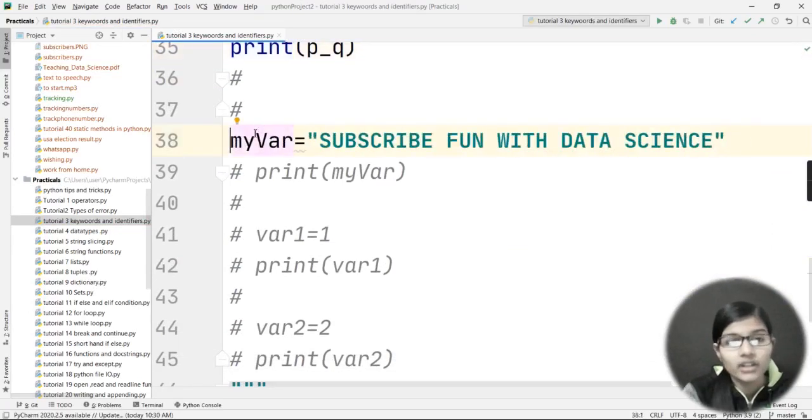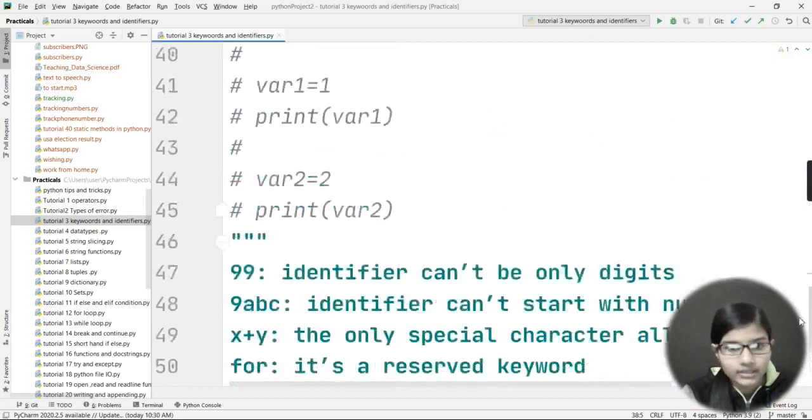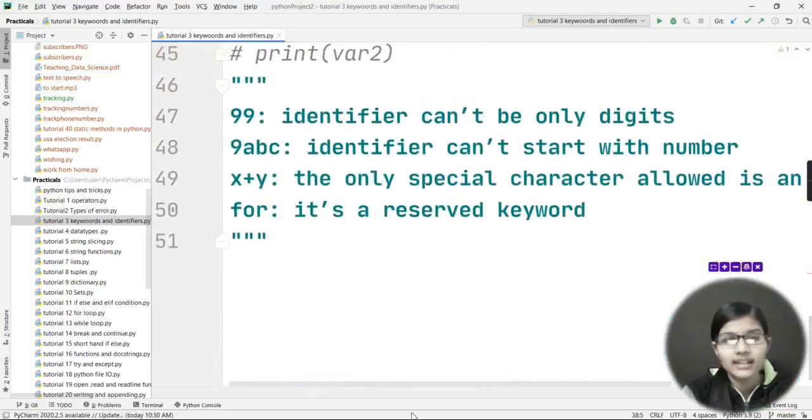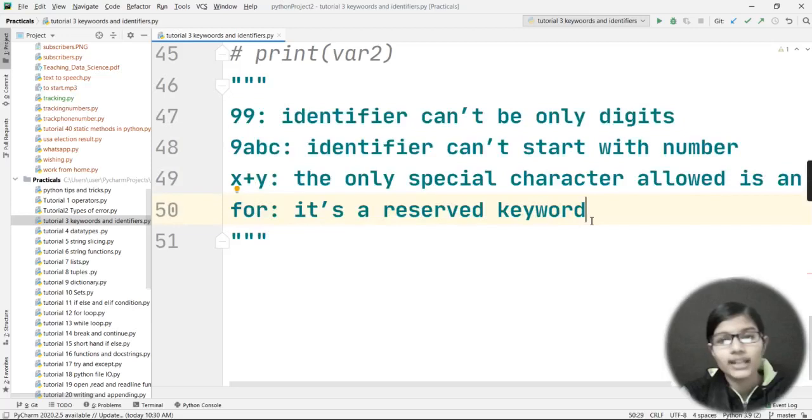So this my var will also work. I have told you that it can be a combination of two. Clear? Next, what I have done here is my var, var1, var2. Now all these things are okay here. Now these are the examples which I have told there, and I have written the reason why these are